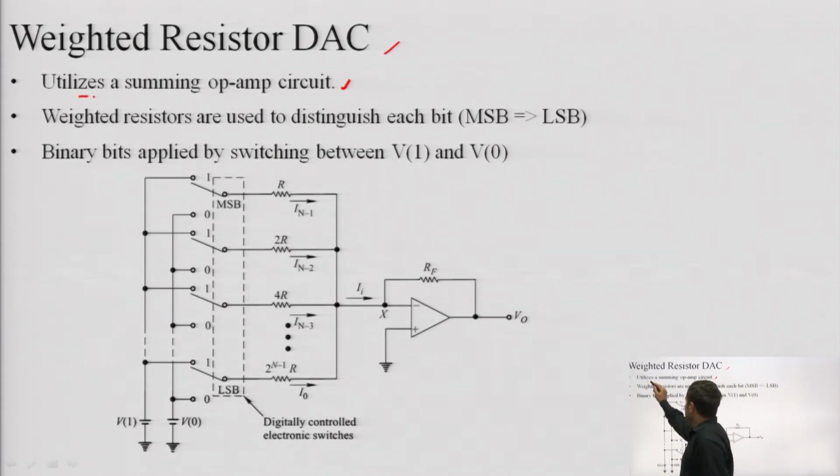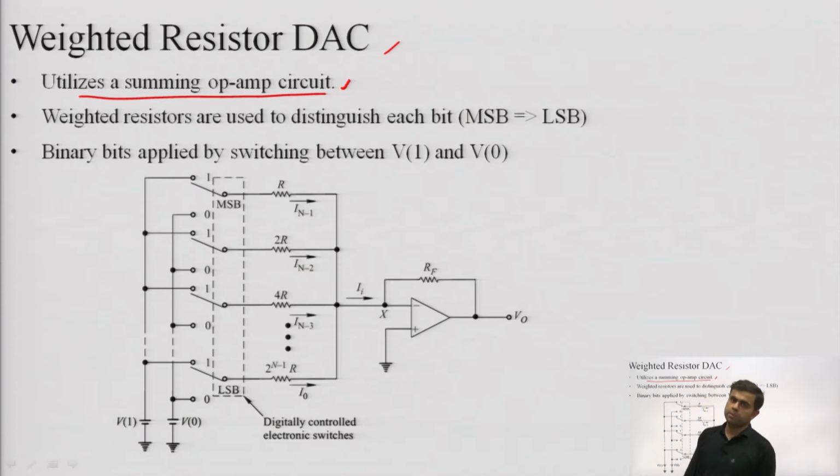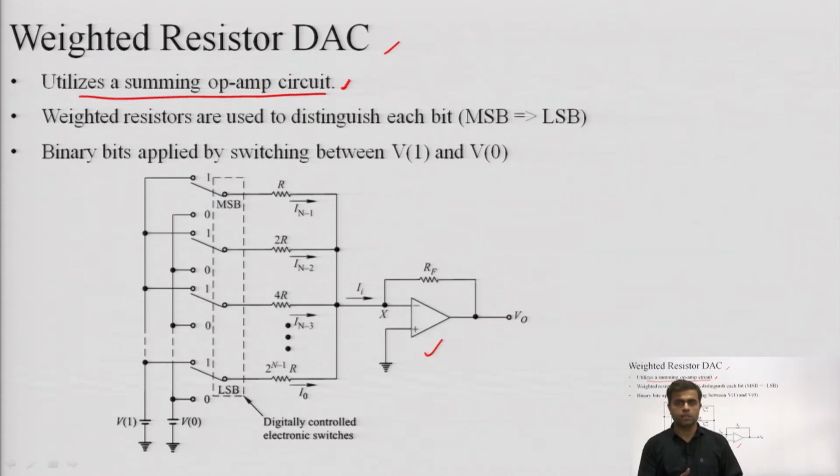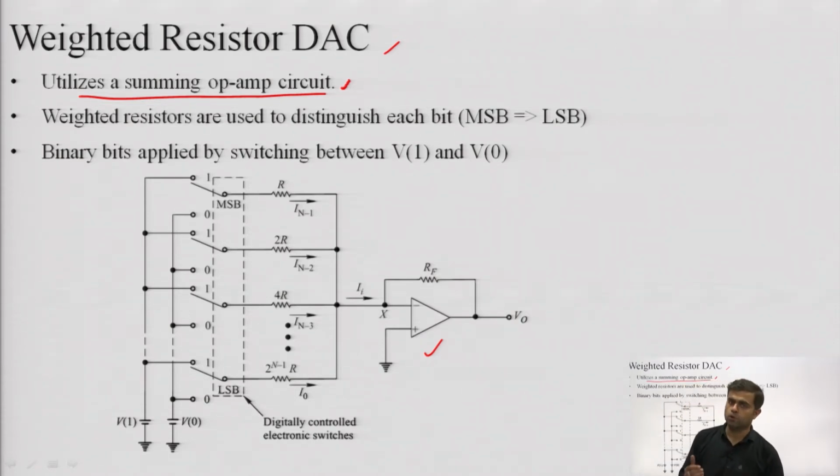So it utilizes a summing op amp circuit. Summing op amp circuit means operational amplifier acting as a summer. Okay, that means multiple inputs can be added together. That means it must be having multiple branches by which the input will be entering the op amp. And before proceeding towards the details of this, op amp is also not from our digital electronics subject, and this is actually an IC. Operational amplifier is an IC, or we can say it is a component which is from the analog domain. So we have not covered anything about this op amp in our previous lectures.